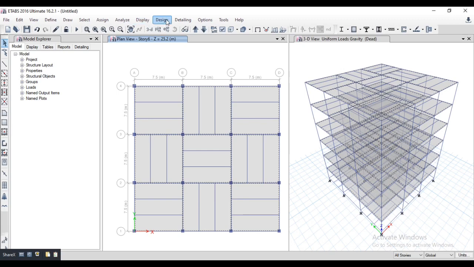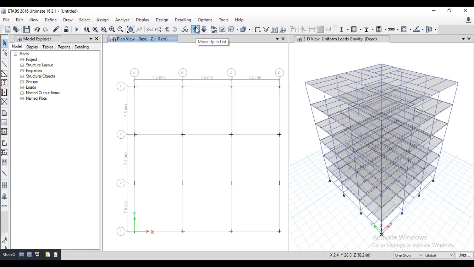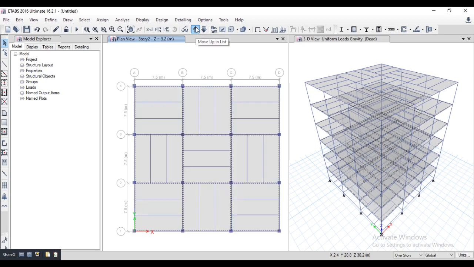After that, go to the terrace level, select one story and deselect the slab. This slab is selected. The story 3 is also selected, 4 is also, 5 is also, and 6 is also. 7 is not selected because this is the terrace level.